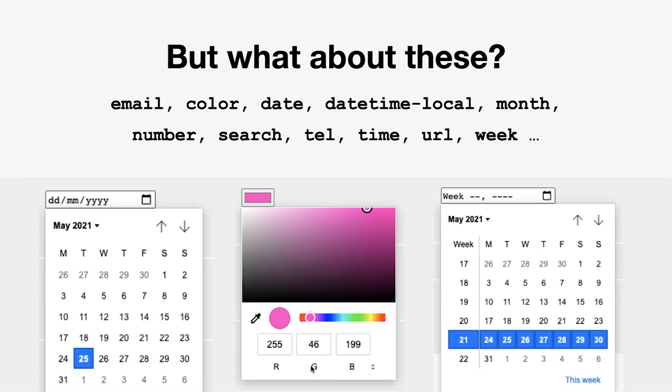So you can see some examples. There's a date picker on the left, there's a color picker in the middle, and so on. These change depending on the device and the browser you have. But the idea is, in theory, they've actually been optimized for that device. So for example, a mobile phone might have a date picker that resembles the one you're used to using on that phone.